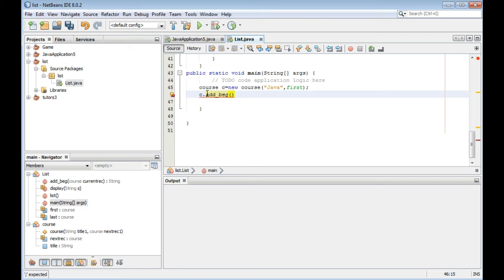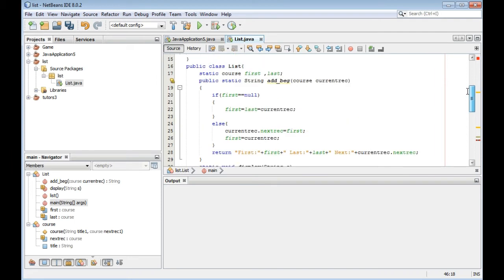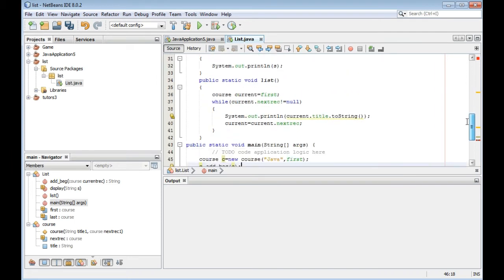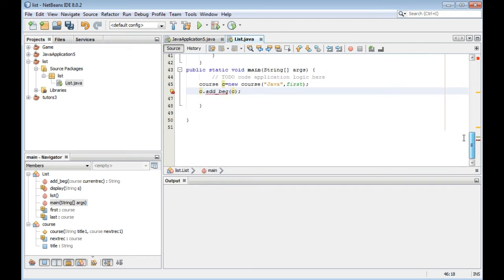Add beginning has C. Okay, C dot add beginning, something cannot find add beginning in this course. Let's see. C dot add beginning is course. Yes, it is course, and this is that variable C of type course.